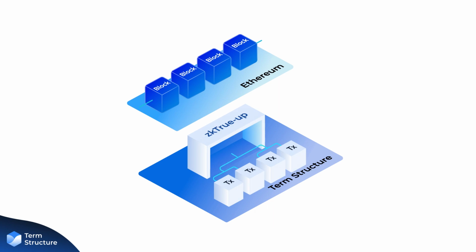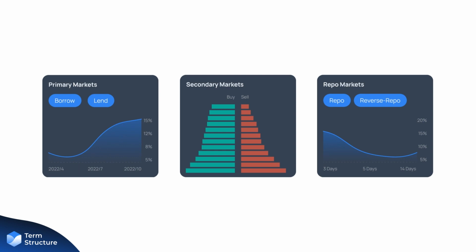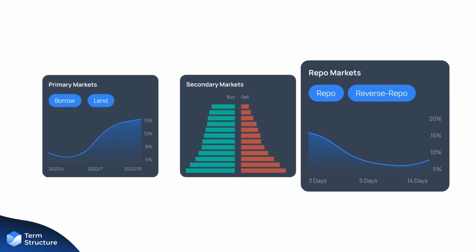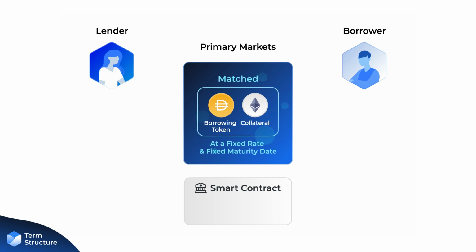Term Structure is a decentralized fixed income protocol that runs on a zkTrue-up system, a customized ZK Rollup technology. The protocol provides three types of markets: primary markets, secondary markets, and repo markets. The primary markets on Term Structure facilitate borrowing and lending through batch auctions that match the private orders of borrowers